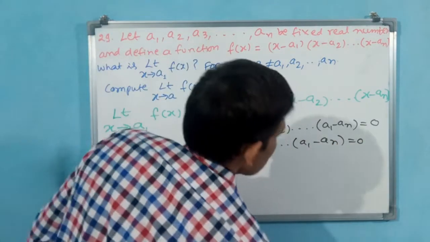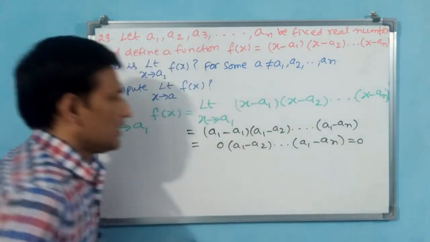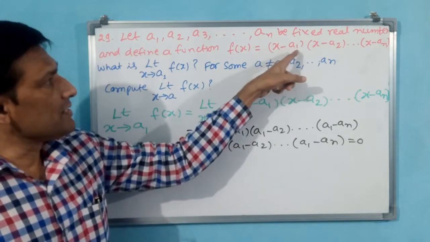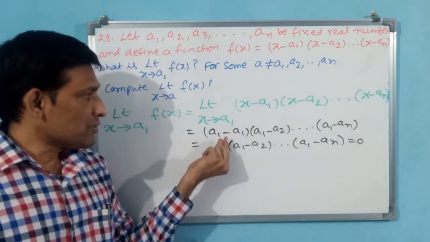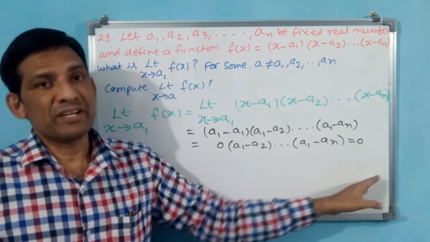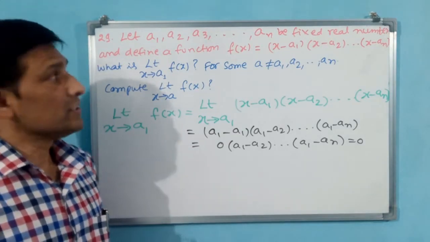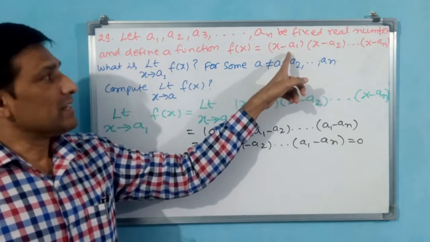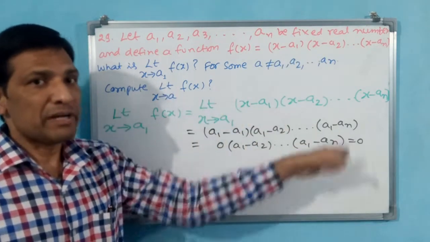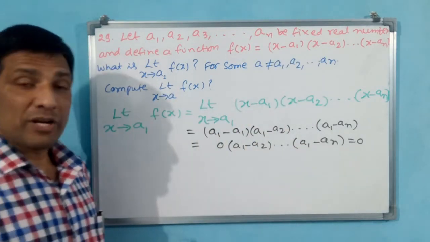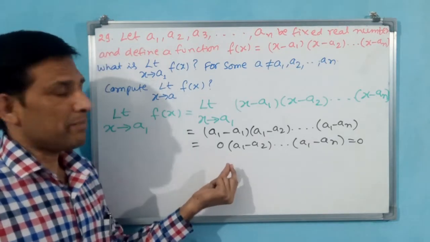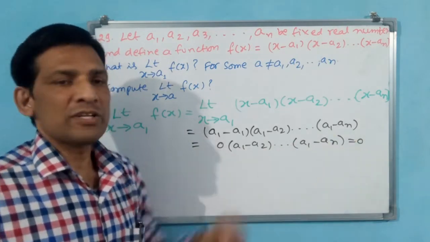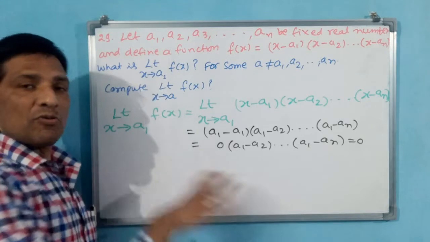Okay. Now you take this one. Why? Because see, at a1 you are finding, but here a1 is there, a2, an. The first term is going to become 0, but all are in multiplication. Terms may be geometric or arithmetic progression or series, but the function is in multiplication. That is why you have to multiply, not addition. If you multiply, automatically, if you are multiplying by 0, then 0 it is going to become. This answer you have got.